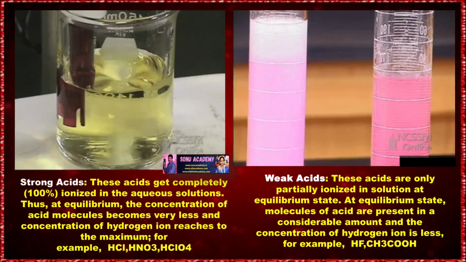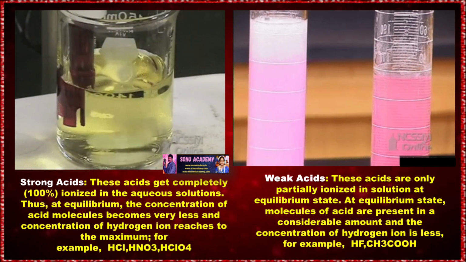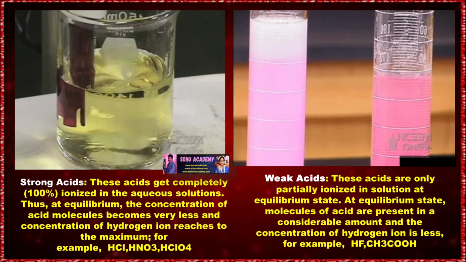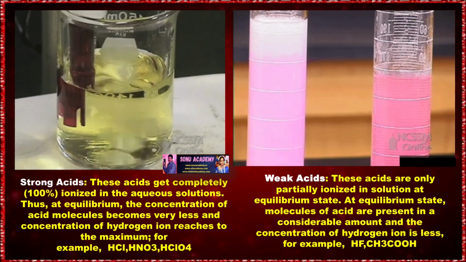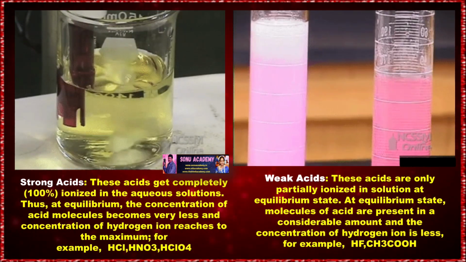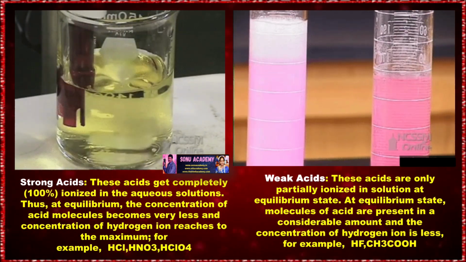acids can be classified as strong acids. These acids get completely, 100%, ionized in aqueous solution. Thus, at equilibrium, the concentration of acid molecules becomes very low and the concentration of hydrogen ions reaches its maximum. For example, HCl, HNO3 and